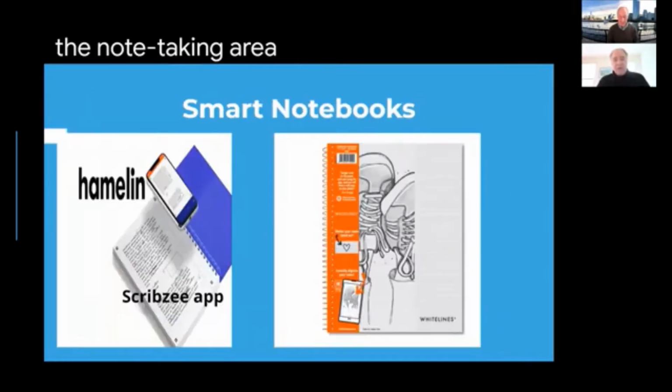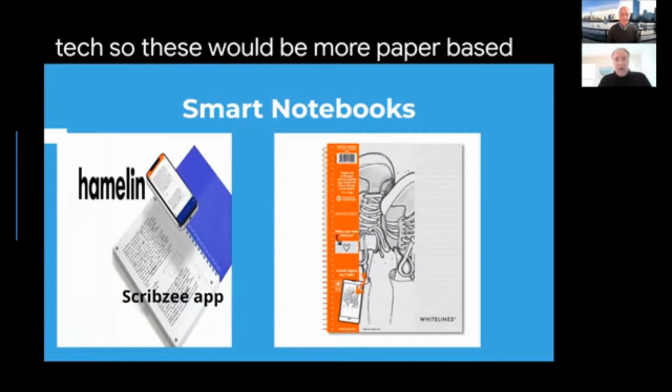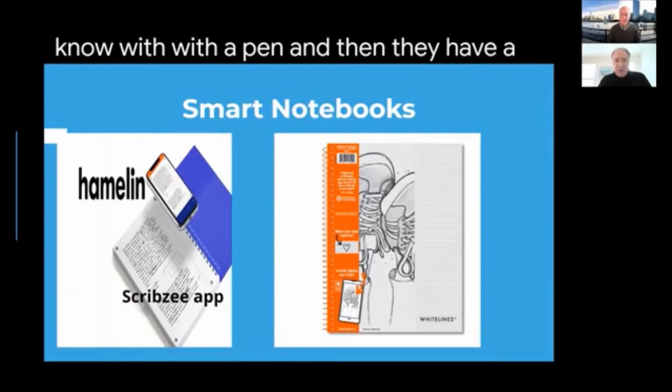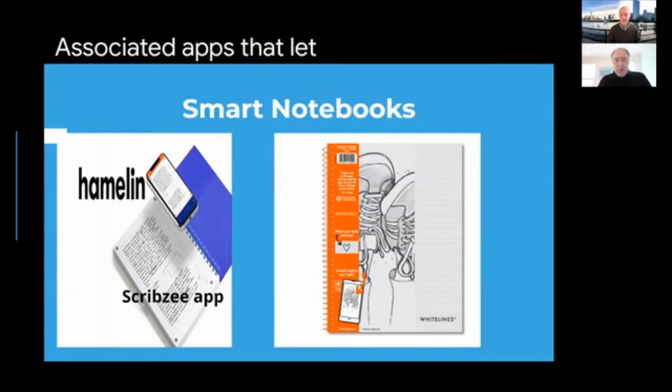So I just want to talk about a couple of tools, from low-tech to high-tech. These would be more paper-based applications. I'll call them, for lack of a better word, smart notebooks. They're paper-based notebooks. Hamlin has one, White Lines has one, and you write on the notebooks with a pen, and then they have associated apps that let you organize